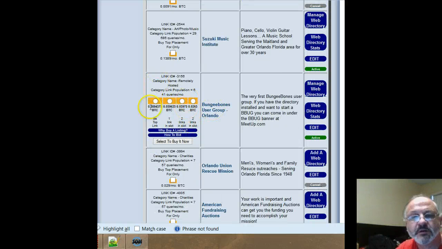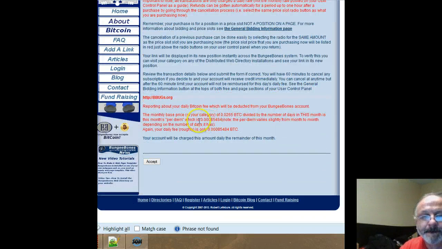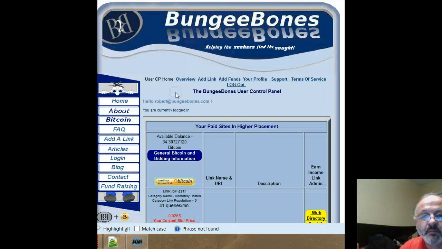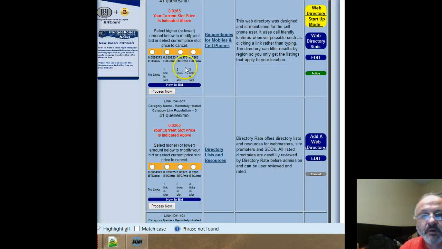Nope. Yeah, notice that it marks them down here. So even if you're a free link, you're getting the opportunity to bid in all the price slots. So I'll just go in down here with this one. Okay, 3 links in the lowest one, 2 in the next highest, 1 in the top spot, and this is available for